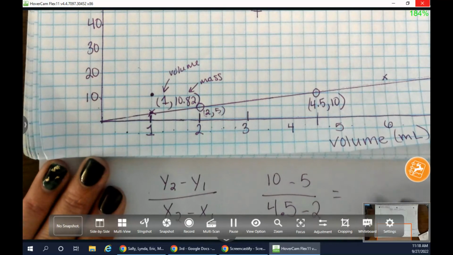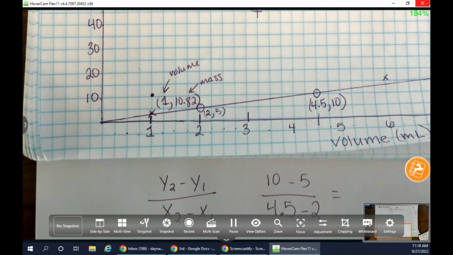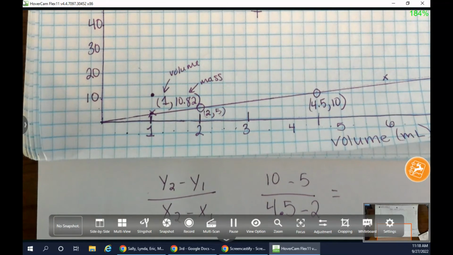Okay? Once you get that value, put a cloud around that. That's a special value that we're going to look at. All right? That was technically mass divided by volume, which is your density, hopefully. Okay? So once you start getting that number, let me know what number you're getting, and then I'm going to match it up to what station you're at, and you should be able to figure out what your metal was. So mine came out to be 5, and then this would be